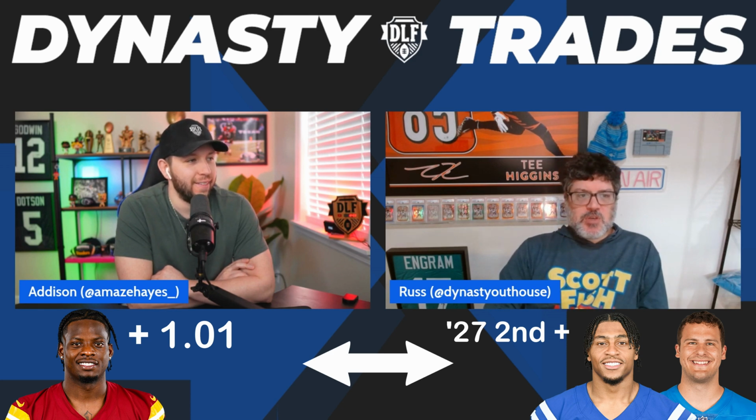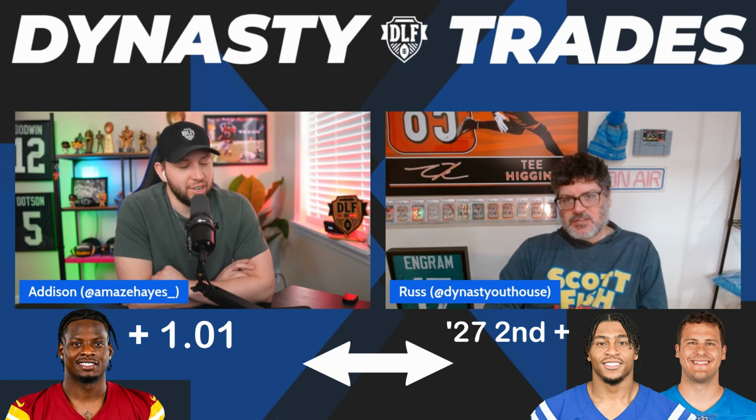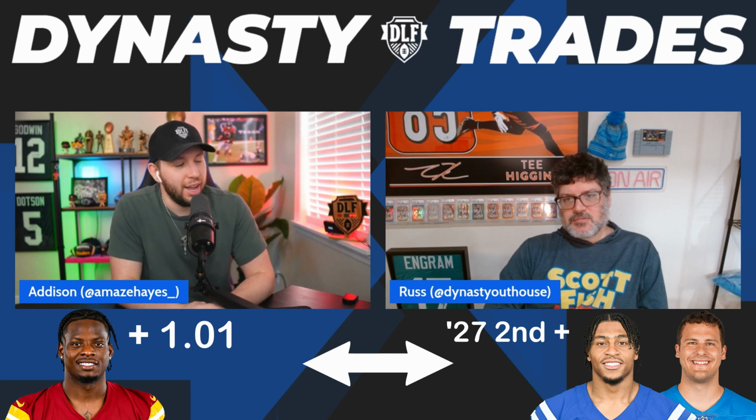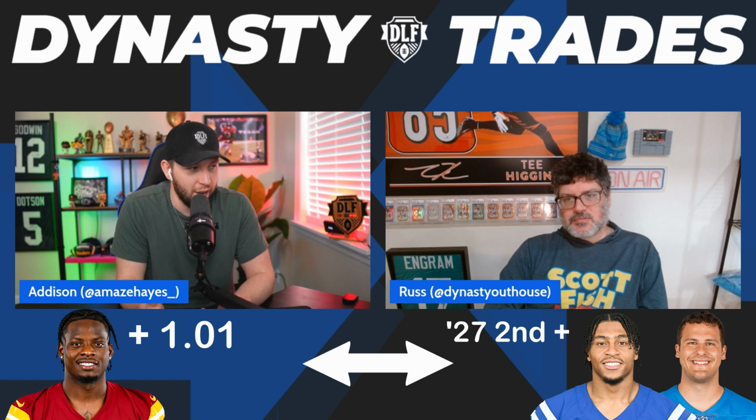Yeah. So, I mean, this pretty much boils down to JT and LaPorta for the 101 and Brian Robinson for a 27 second. And I think I would take the players here. I want Ashton Jeanty. I don't think the tight end premium is enough for me to really value Sam LaPorta as a premium kind of piece in here. And he did drop his whole entire roster into his comment as well. And he already has Trey McBride. So